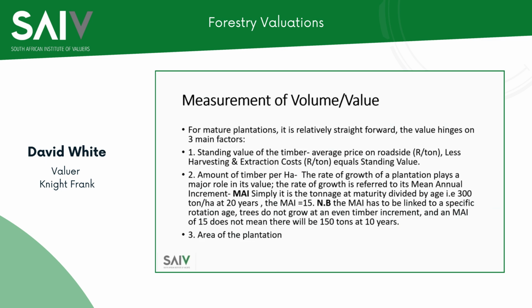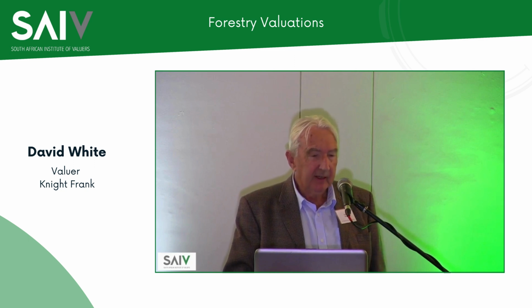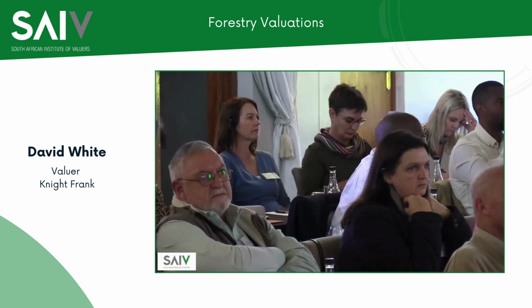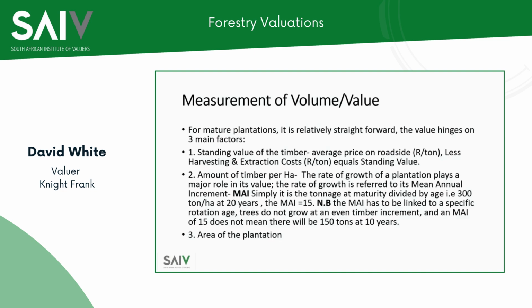The last talk I gave on timber measurement was in Tokai Forest, and it was quite an enjoyable exercise because we could do something in practice. If we take a pine forest that is mature, and we've got down to the typical number of trees that we saw in the last slide, the forest will next be clear felled. The valuation of that is relatively straightforward. All that we have to do